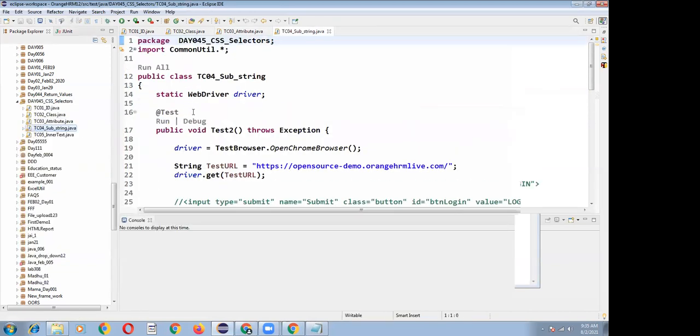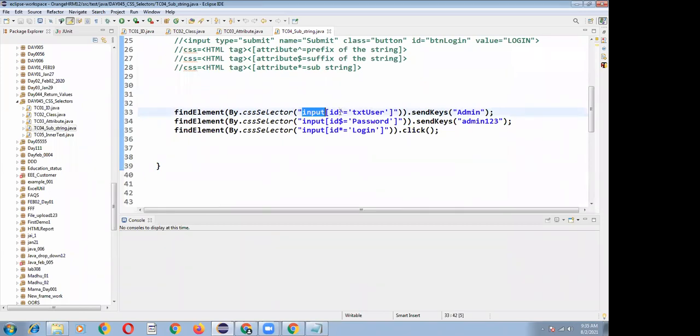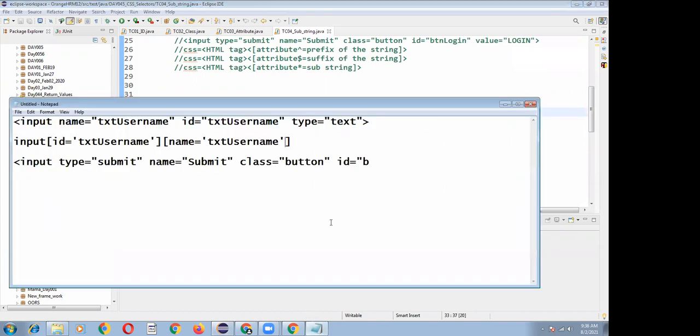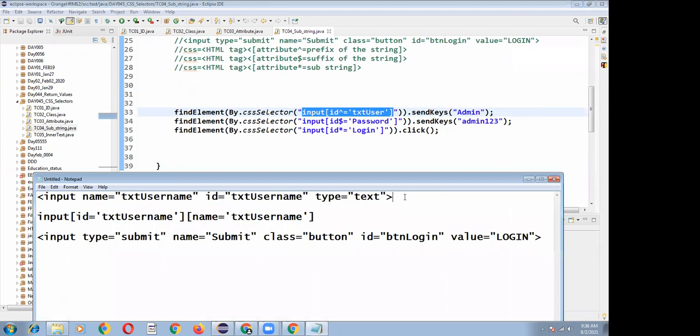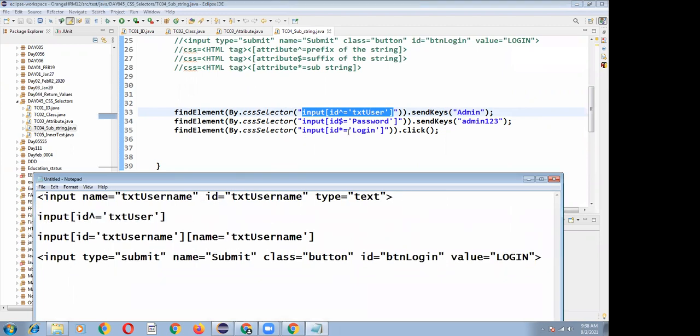And based on substring also, we can look at the web elements. Let's go to this one. The first one is input. Here I am giving ID is equal to, let me take the first one. Suppose this time your txtUsername 1234 is there. Every time your ID is changing. Whenever you log in it is 1234, the second time txtUsername 5678, and the third time some different random number is coming every time.